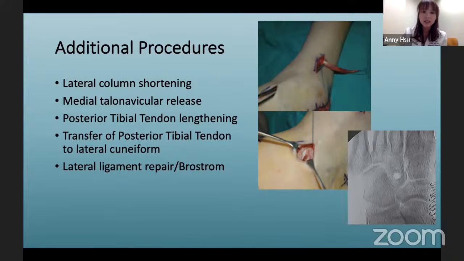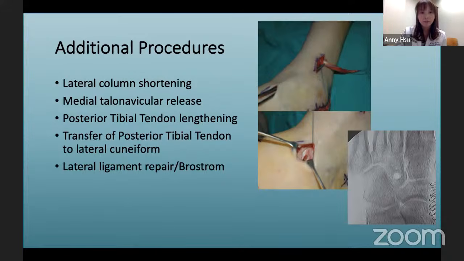We are redirecting the mechanical axis of the posterior tibial tendon, so it no longer acts as a very strong inverter. And then lastly, with things corrected, you want to check how loose the lateral ligaments are intraoperatively, because if they are loose intraoperatively, they likely will continue to be loose after your entire correction has healed. So you can address the lateral ligament laxity with a repair intraoperatively.